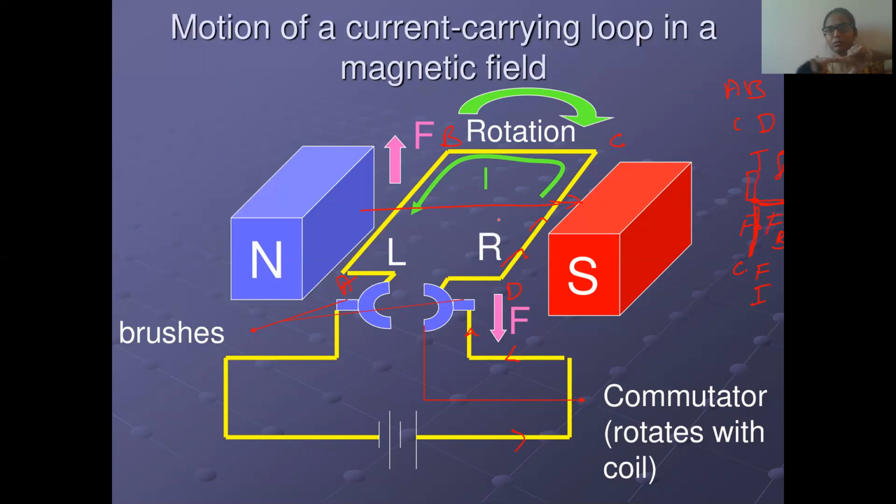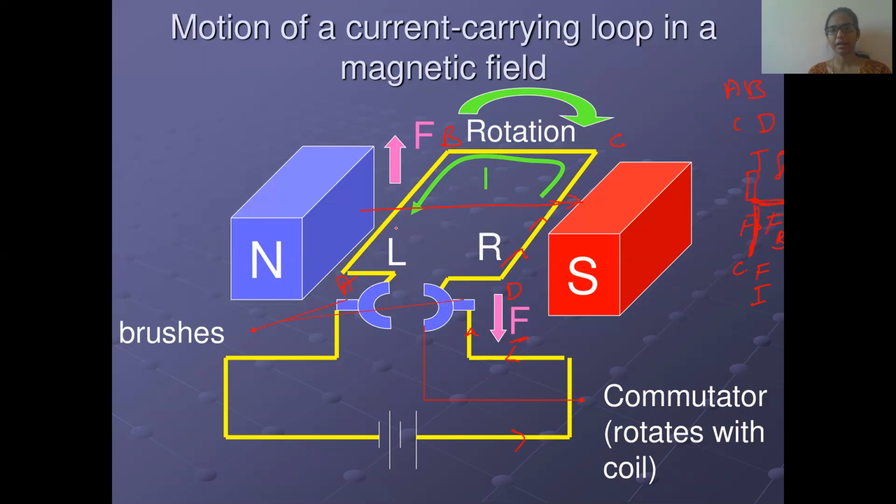Magnetic field from north to south it is moving, and the current is coming from down to upward direction. And now you can see the thumb, the motion of the conductor is in a downward direction. Right, children, that is why the motion of a conductor is in a downward direction. Similarly, you can apply this here.